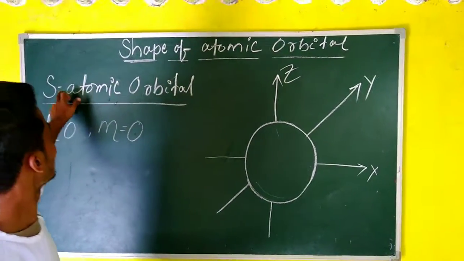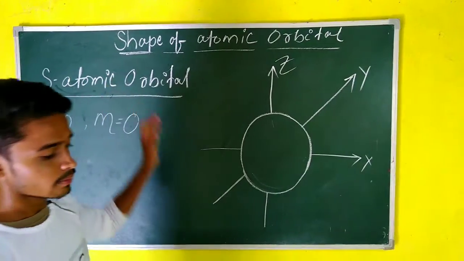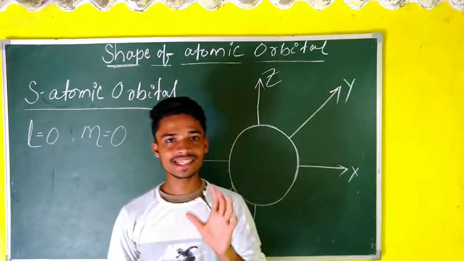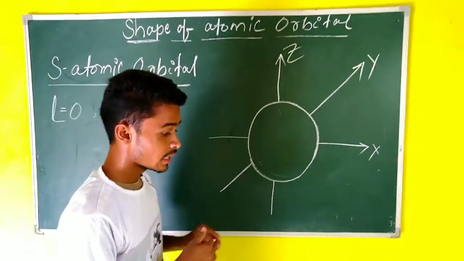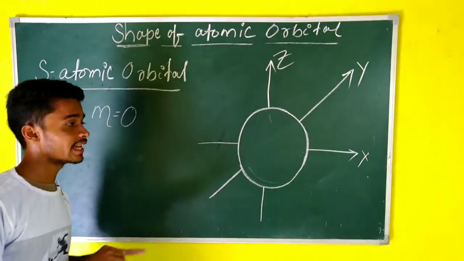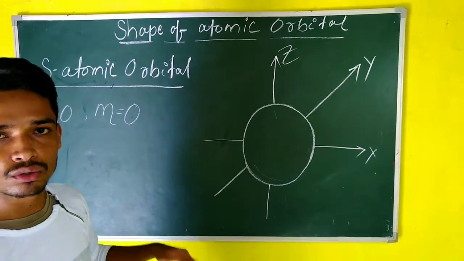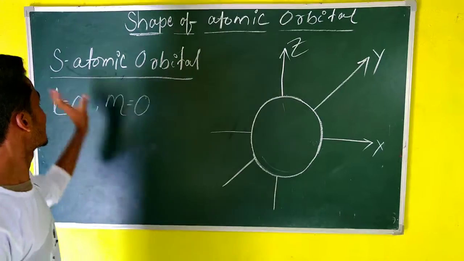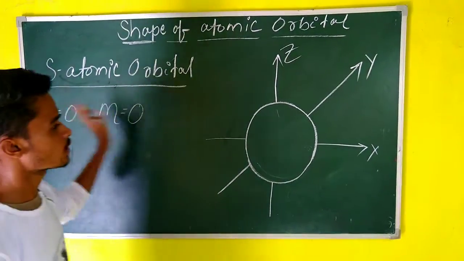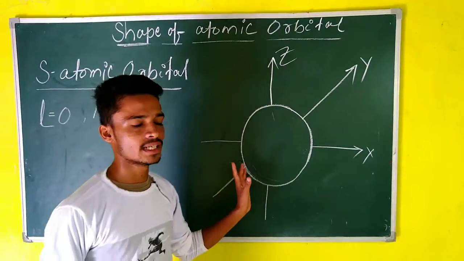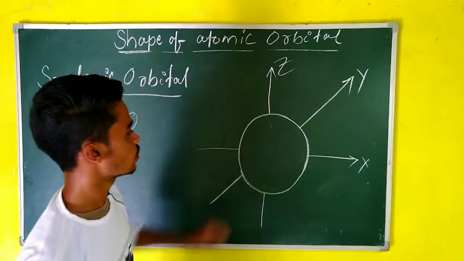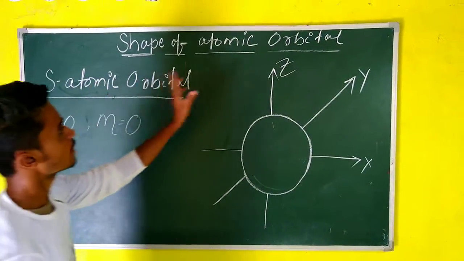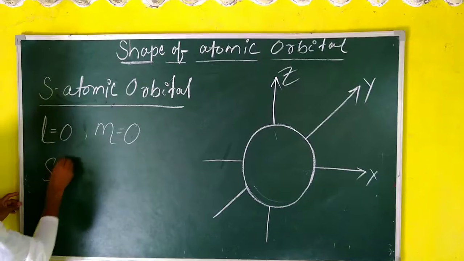Means in the s orbital, one shell is present. When electrons revolve around the nucleus, the first shell contains the s subshell, and in the s subshell one orbital is present, means in one shell. So the shape of the atomic orbital is spherical,